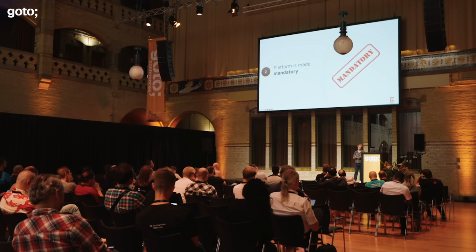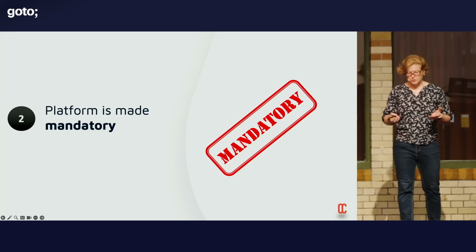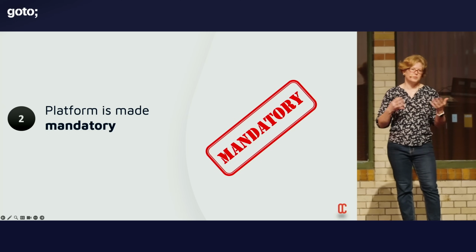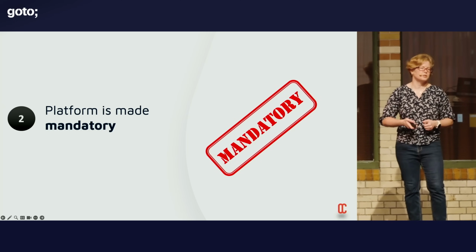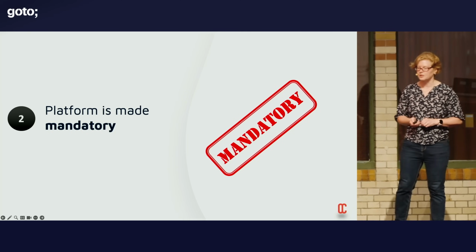But the problem with a platform is that if you make it mandatory, you'll end up cutting off some of these feedback loops. Whereas if you go for an optional approach, you invite more innovation and discussions which will help you to create a better product in the first place. Because sometimes what your users will say is, well, why should I bother giving feedback? Nobody listens. It's going to force me to do it this particular way anyway. And so you cut off some of those helpful things.